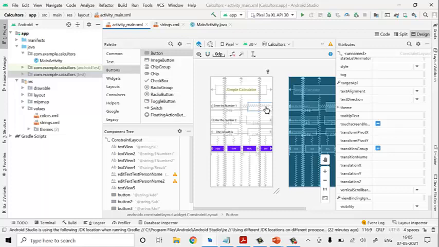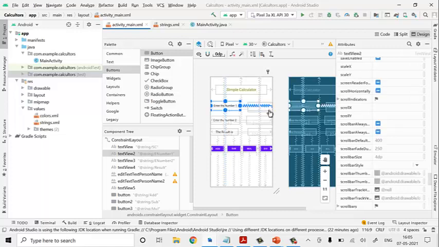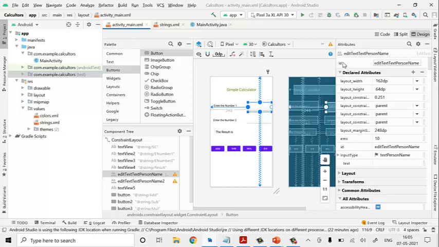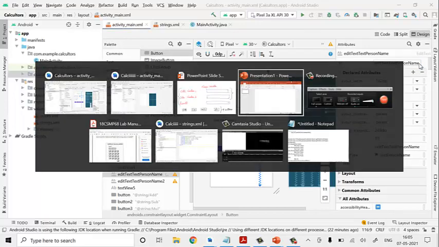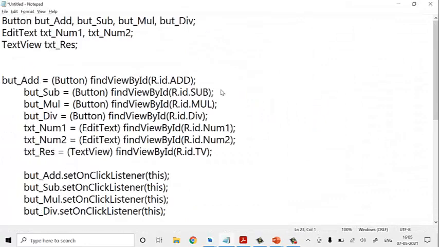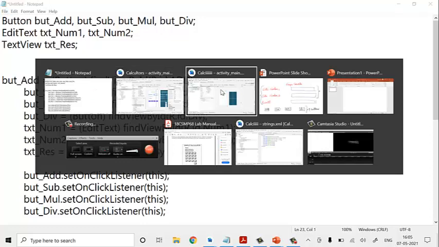So I'll take this text part, here you can go first, you can check it out. Here we have ID. So what I'll do, I'll make it txt num1.